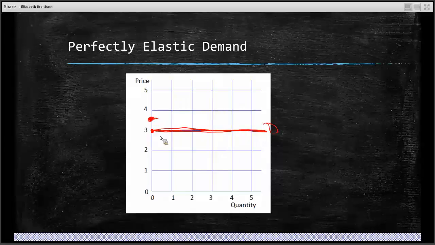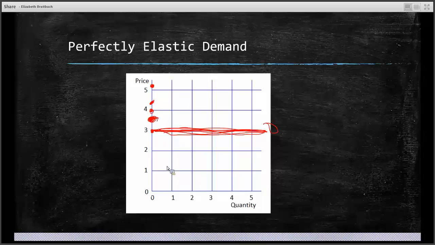No seller is ever going to charge less than $3, so we don't have to worry about anything below. But any price above $3 means that I wouldn't demand the product at all. And so we can see that we have this perfectly elastic demand curve. I'm so sensitive to price that even raising it 50 cents is going to drive my quantity demanded down to